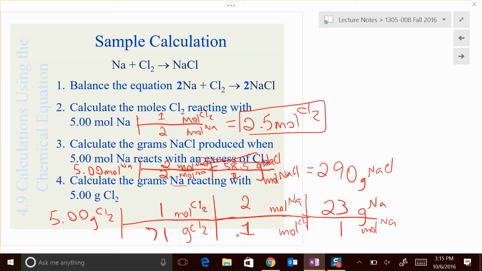Right here, is that what you're talking about? Moles of Cl2, 1 mole of Cl2. Why do I do that? Over here? Because I'm not going to sodium chloride. I'm right here. I'm at Cl2. Cl2 for every 2